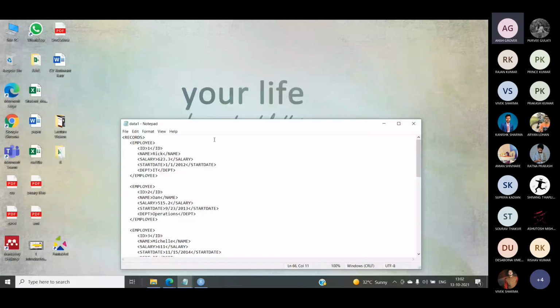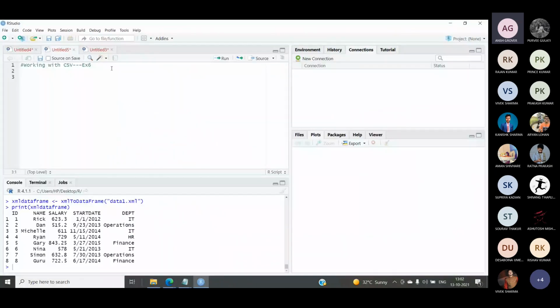Now, firstly, when we are working with any file, just like in any other programming, whether we want to use that data file or save that data file, we have to do one thing, that is setting of the working directory. So in that case, what we say? Setting of working directory. This is the first thing that we need to do. So let us firstly set the working directory in R.